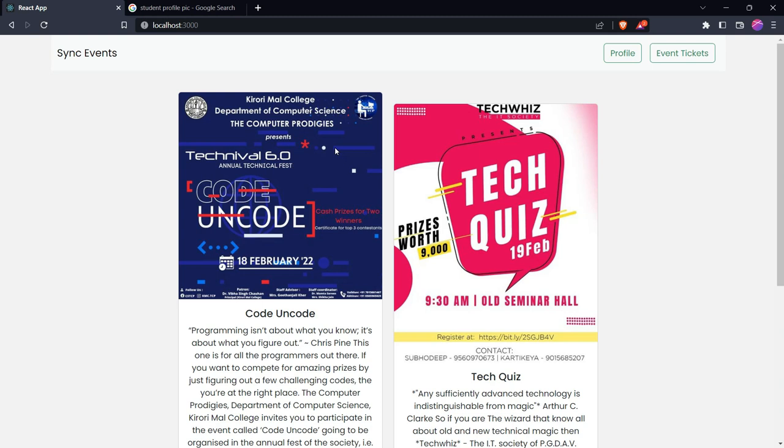So basically in this project we are providing a platform to college societies so that they can register and publish their upcoming events, and students can see all these events and then register in those events. And for issuing the tickets of any event we are using blockchain technology, and we are issuing the tickets